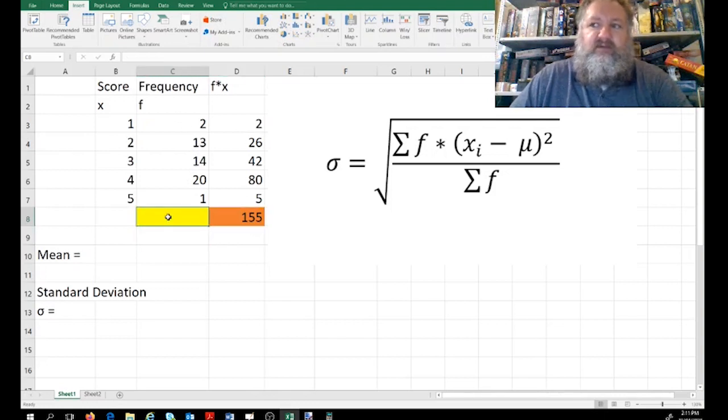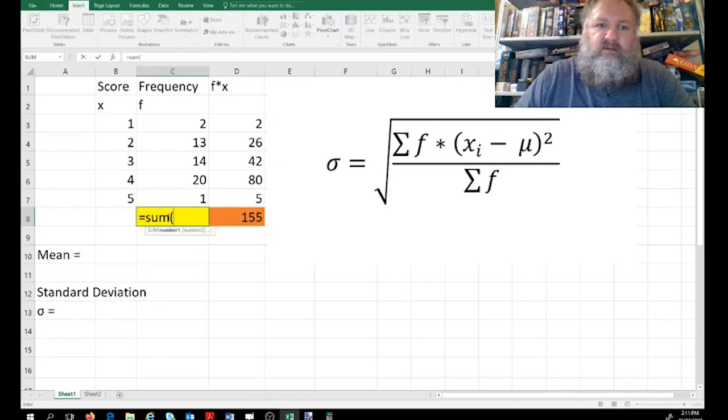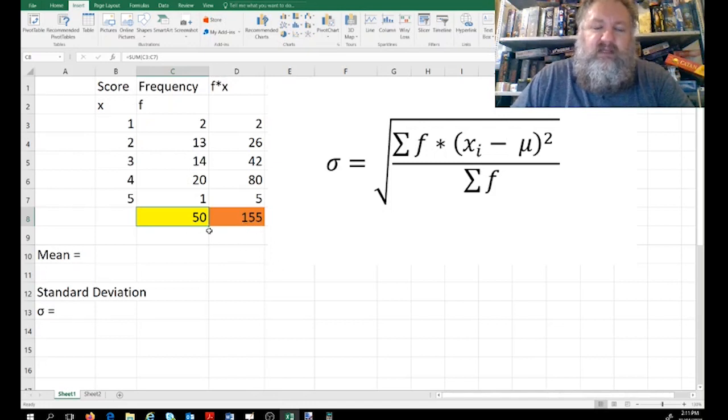It's this side here where the frequency is. It'll be equal to the sum of all of the frequencies, because we want a frequency sum as well. So we can see that there are actually 50 of these things. Now, in order to do the next bit, let's ignore this and talk about how we do it